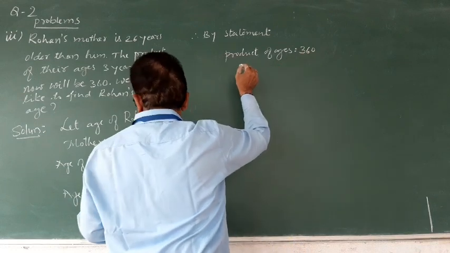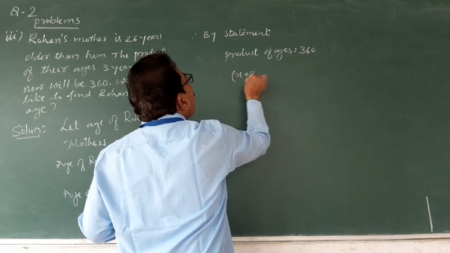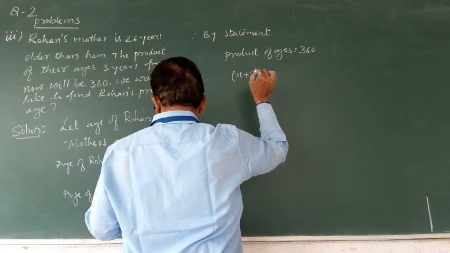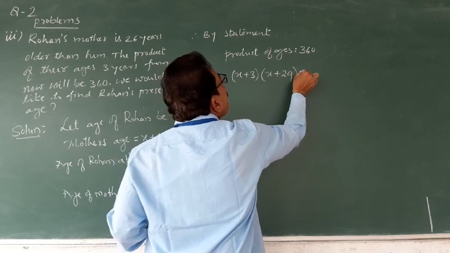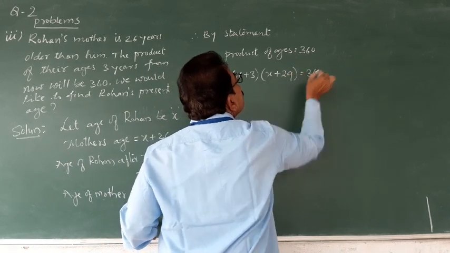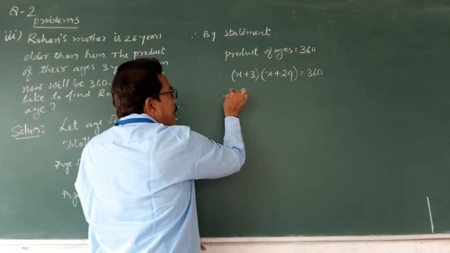So, x plus 3 into x plus 29 equals 360. X into x, x square,